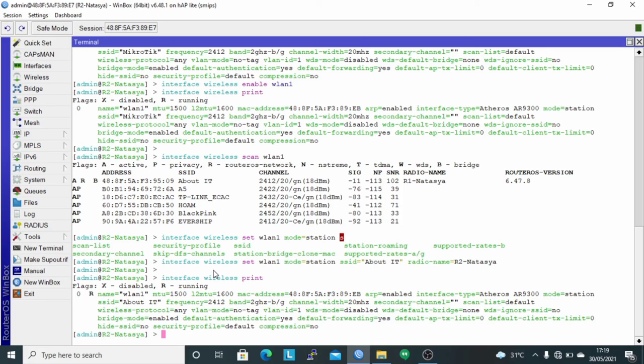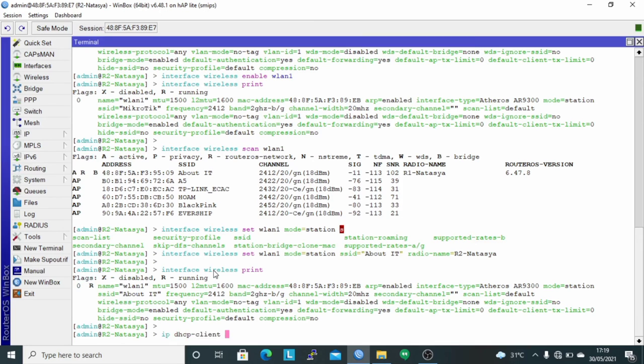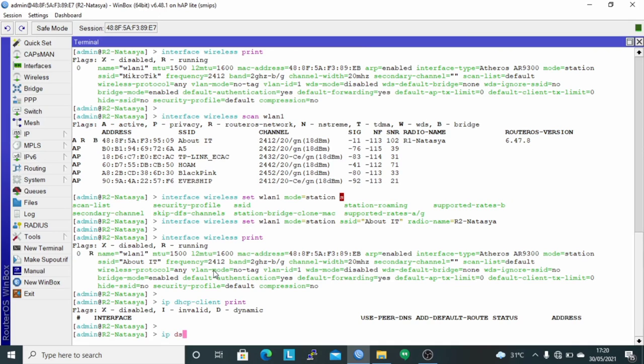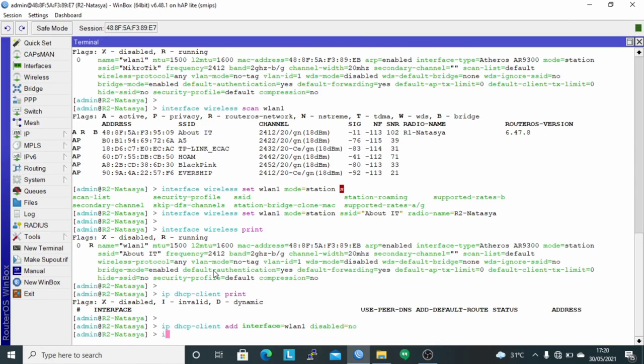And then check the IP on router 2. Sorry, before checking the IP, perform a request for DHCP client first with the command IP DHCP client at interface WLAN 1 disable no. And then check again with the command IP DHCP print.